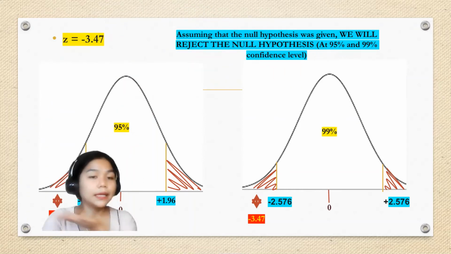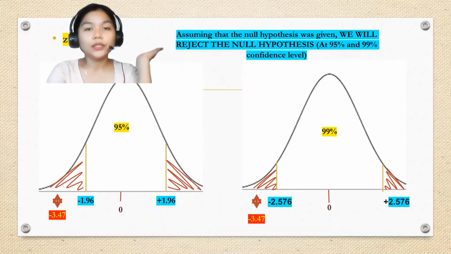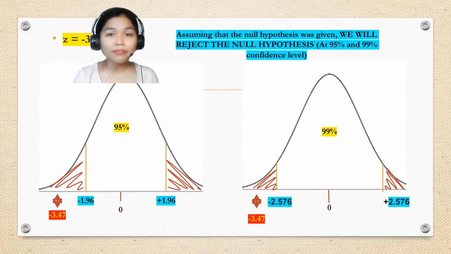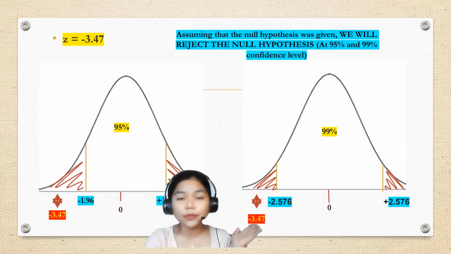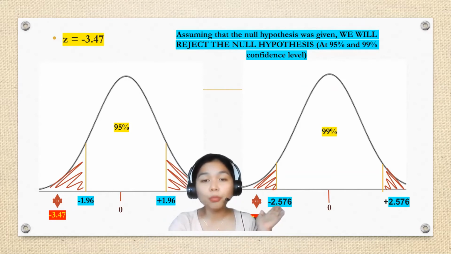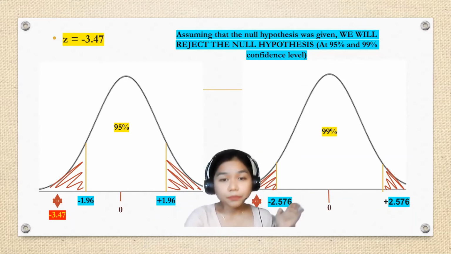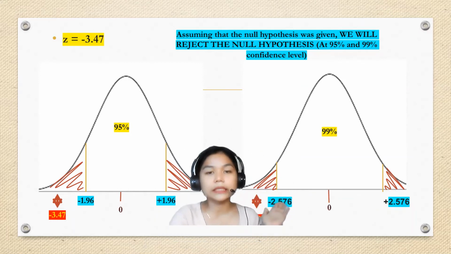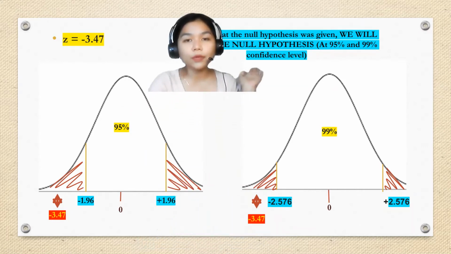It's because this value is already outside our confidence interval. So assuming that our null hypothesis was actually given, having the Z value, the confidence level and the confidence interval, we are going to reject the null hypothesis at 95% confidence level. For 99% confidence level, still we are going to reject because the values are only negative 2.576 and positive 2.576. This is for Z, not for T. So negative 3.47 is outside negative 2.576, so we are going to reject the null hypothesis